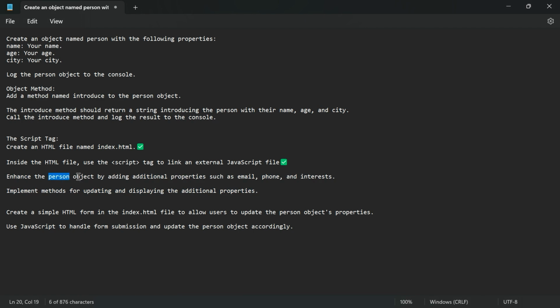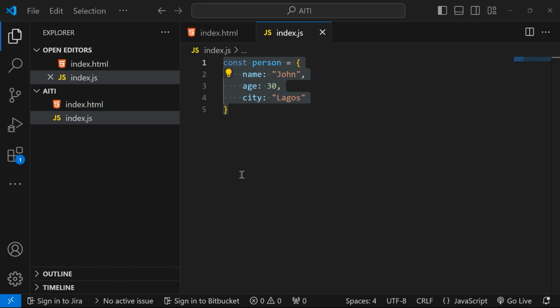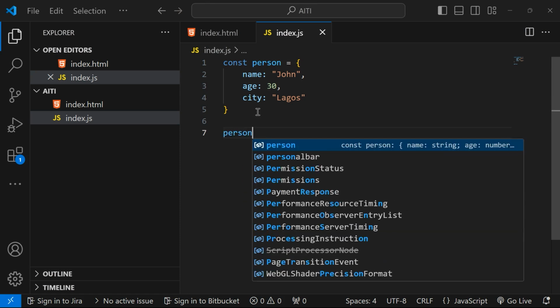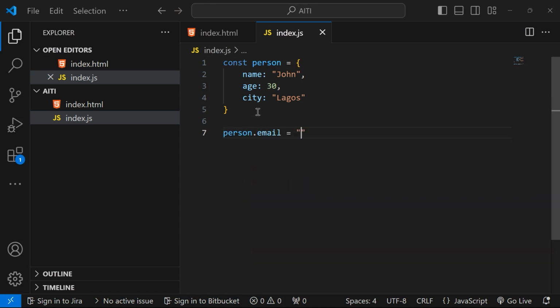So we need to have the person object before we can enhance it by adding these properties. So once I have this now, I can enhance the object by saying person.email is equal to example